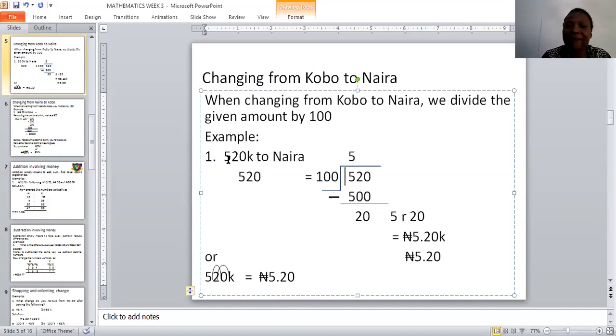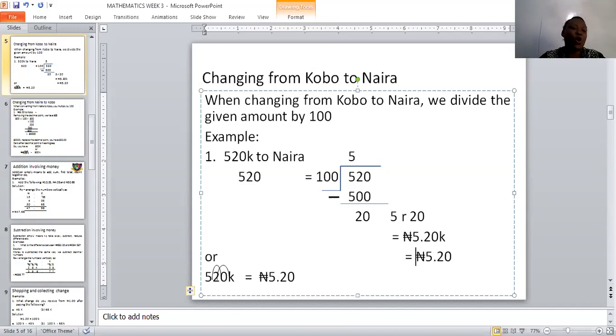You will now say 5 times 100 will give you 500. Then you subtract. What are you having left? 20. So the answer is 5 remainder 20, which is 5 naira 20 kobo. Or instead of going through the long division method, I've always told you that